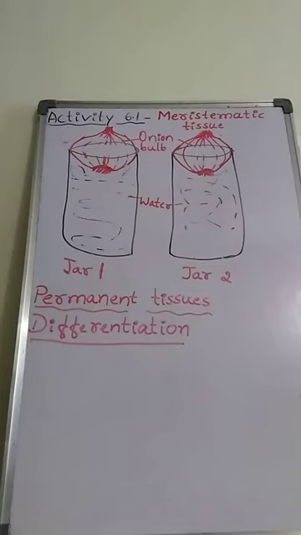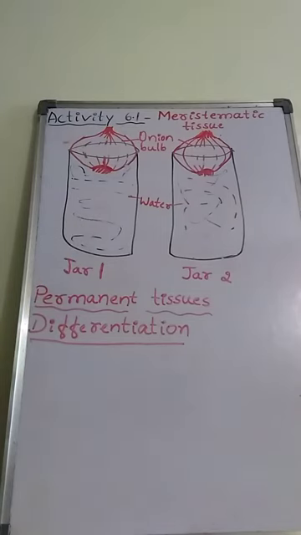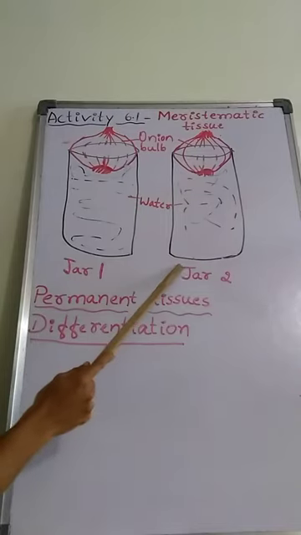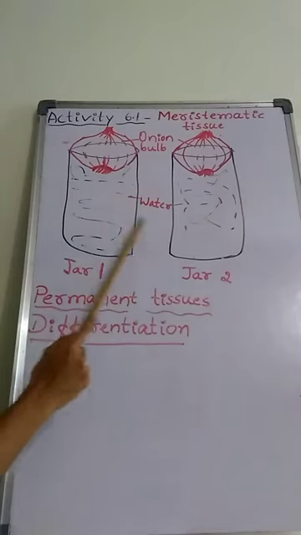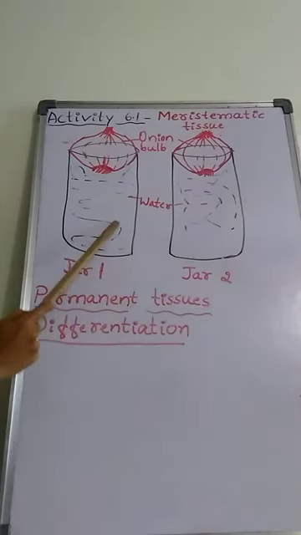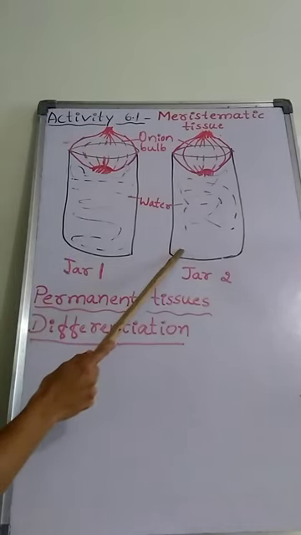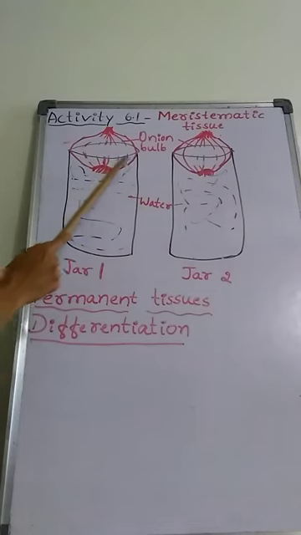Now let us discuss activity 6.1, which is about meristematic tissue. For this we have to take two glass jars, glass jar 1 and glass jar 2, and fill the glass jars with water. Then place onion bulbs